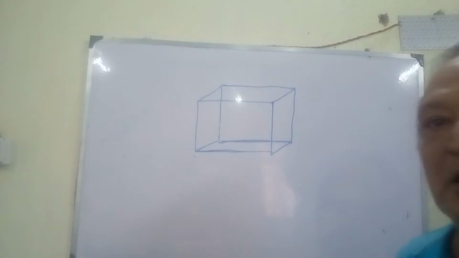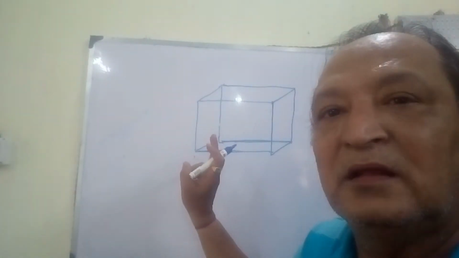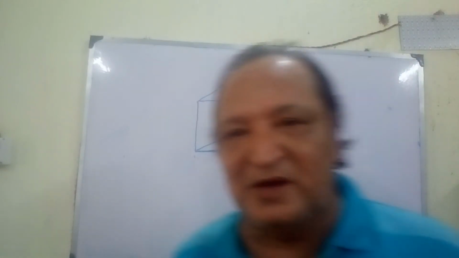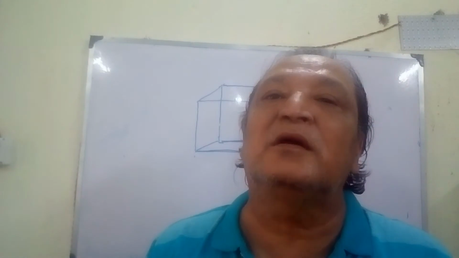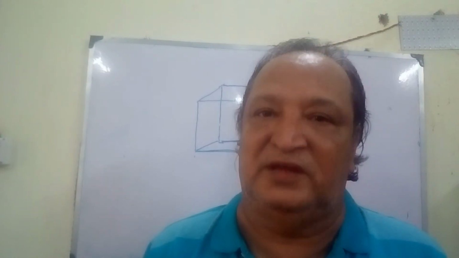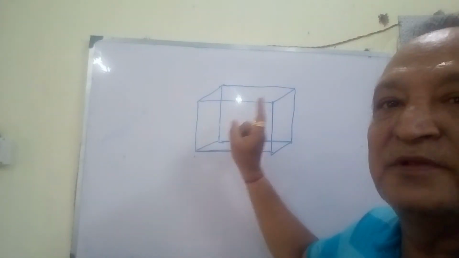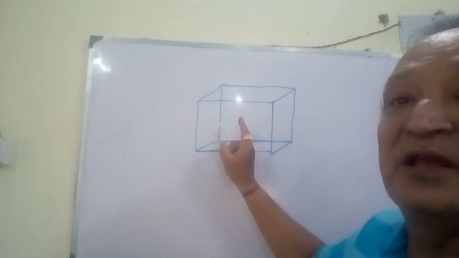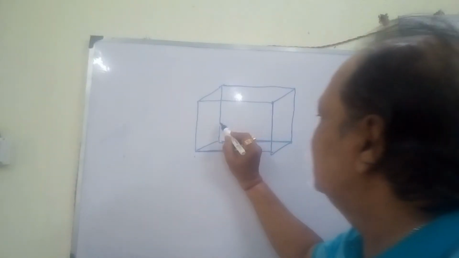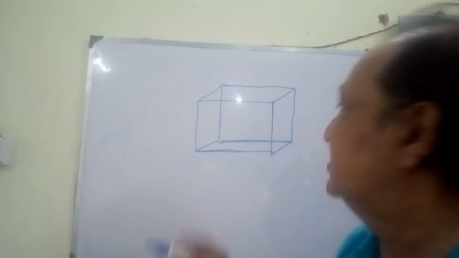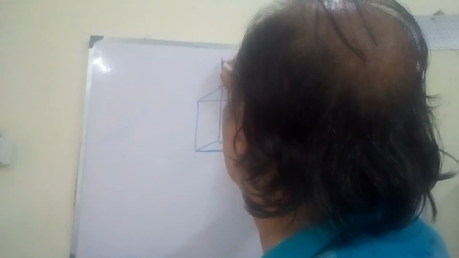Now look, a simple unit cell seems to look like this. I am not expert in drawing, but in spite of that I have tried my level best to draw a 3D figure in a 2D board. Anyway, a simple cubic unit cell looks like this. Now, in case of a primitive cubic unit cell,